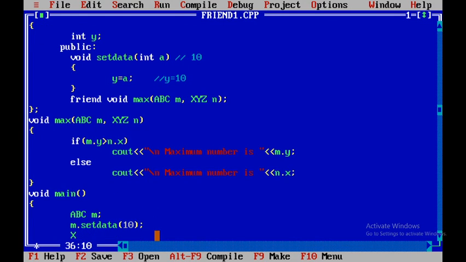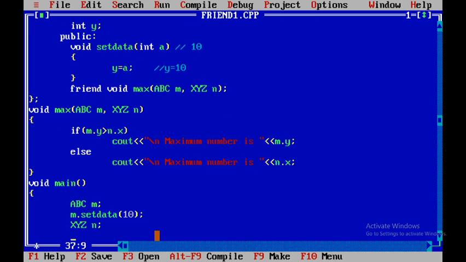Likewise, we will create an object of XYZ. Let us suppose it is N. We will call the set data method for N, passing the value 20.